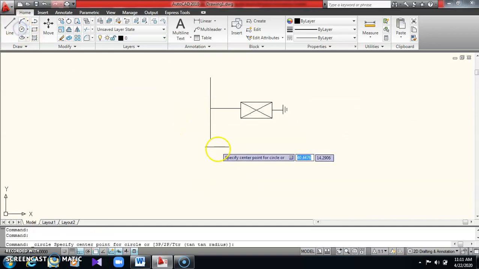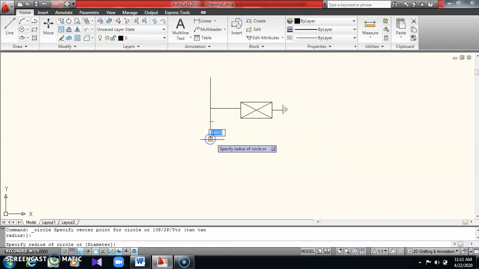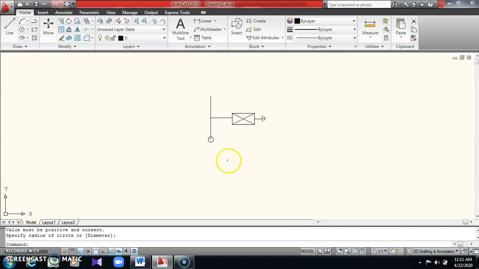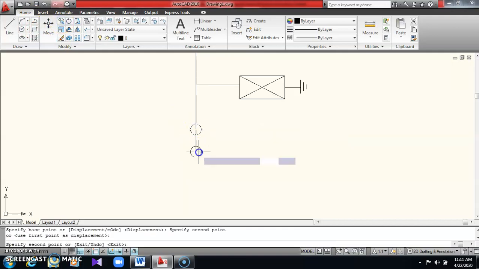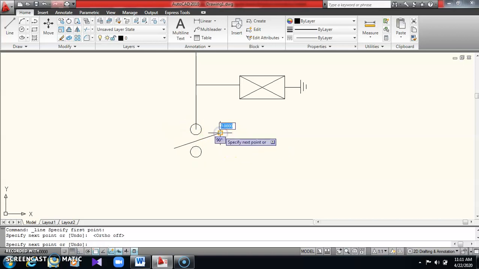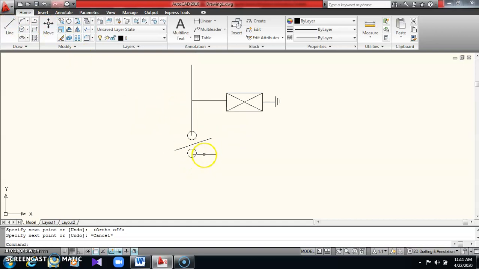And here I'll draw the isolator. Draw a line on this, and make a small circle. Zoom in and draw it better. Okay, this much is enough. Copy this and paste below. Take a line, and press F8 to turn it off. Before providing this, in this diagram they mentioned some coupling condensers and so on, so I'll move this and provide that.